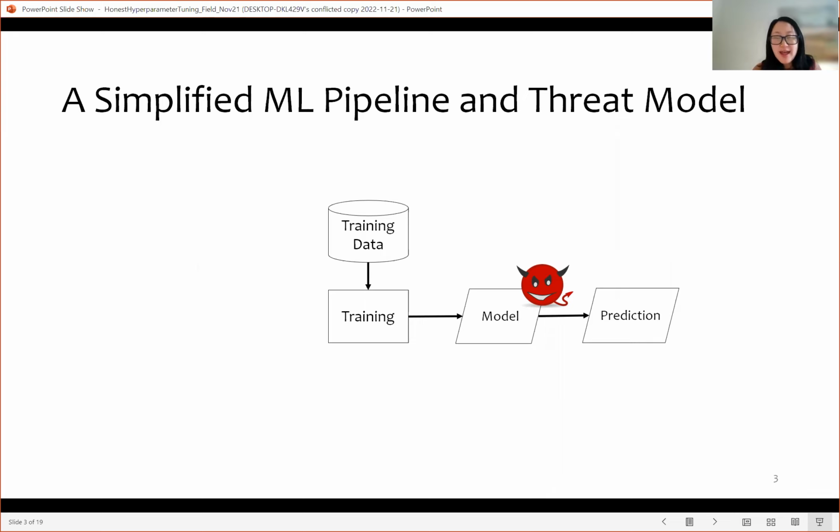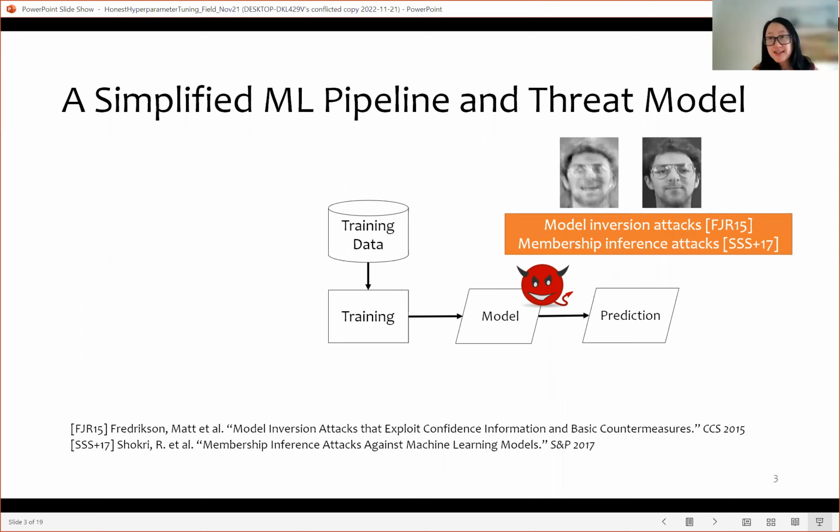Because it doesn't reveal or give out the sensitive information of individuals in the training data directly. It should be okay. However, a number of empirical studies in the past few years have shown that the released model can actually be vulnerable to a number of attacks, such as model inversion attacks, which make use of the confidence score revealed together with the model prediction to infer sensitive information of the samples used in the training process. Or membership inference attacks, with which you can infer the use of particular records in the training process as well.